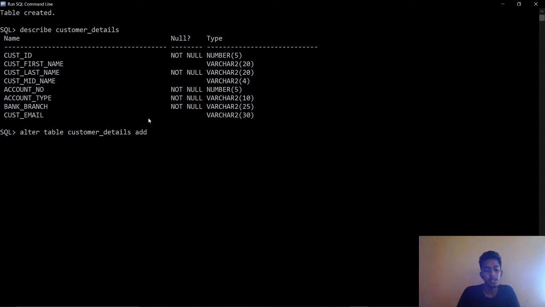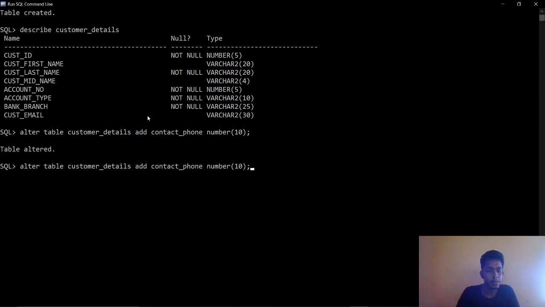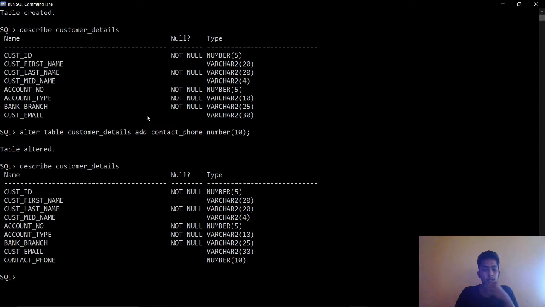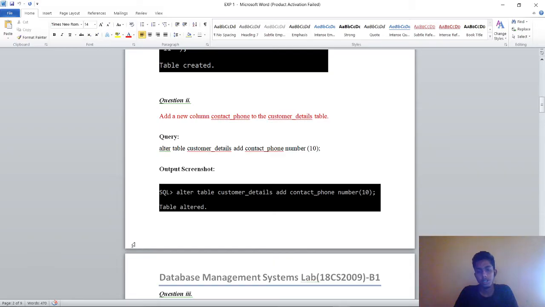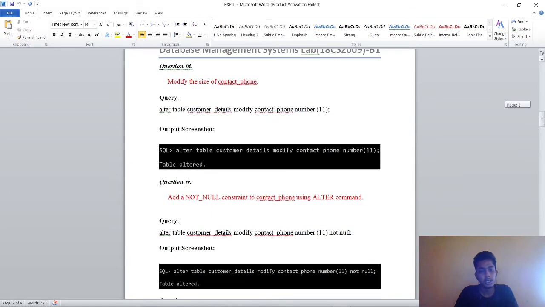So add contact phone. The contact phone we can take as a number, number of 10 digits. Table altered. Now let us perform the same describe operation. So contact phone has been added. The next operation we are going to do is to modify the size of the contact phone number.